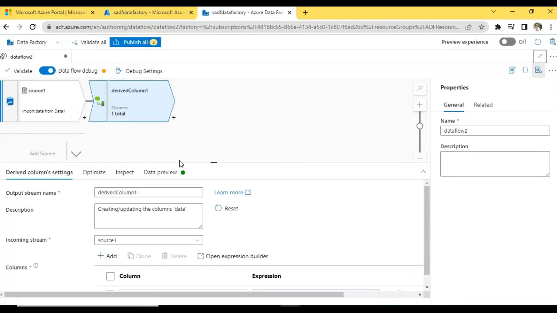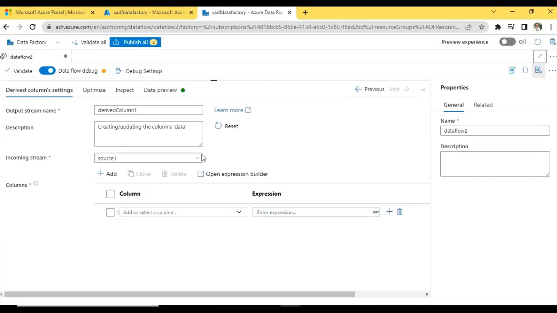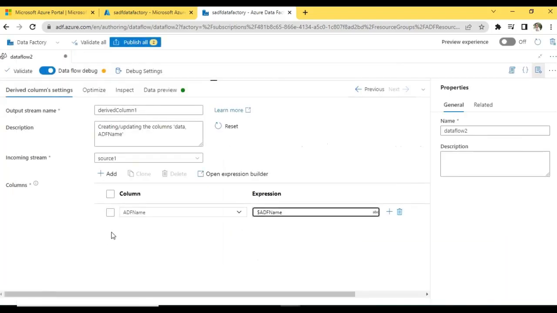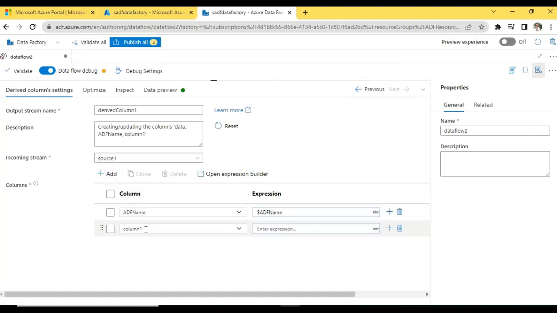So instead of adding in parameters, now let us add here the column names as ADF name. Enter the expression as from parameters ADF name, click save and finish, and again add another column name as